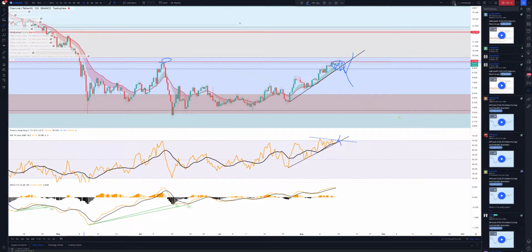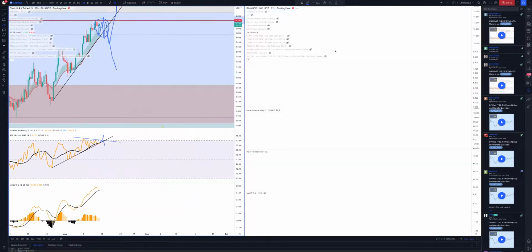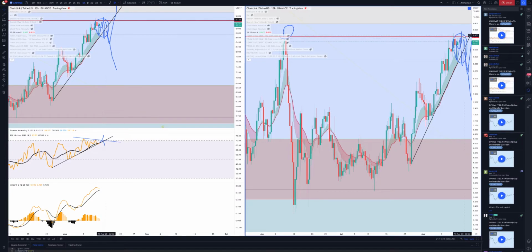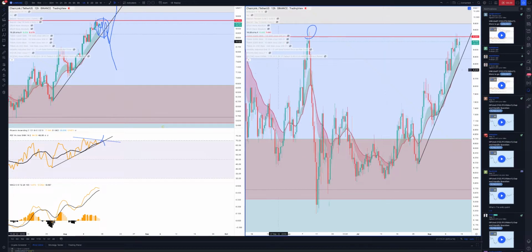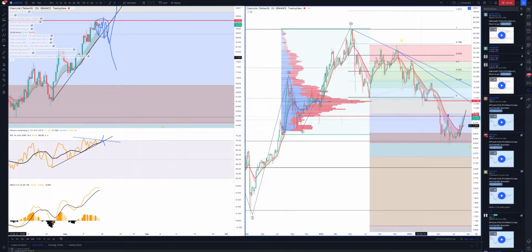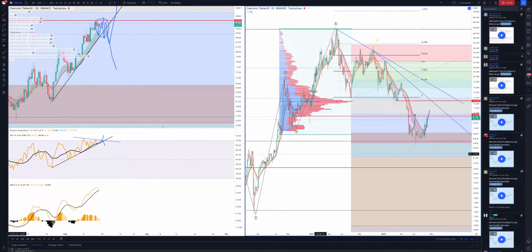So let's split this in half. And bit of consolidation here, and I think it'll break through. What I want to do is put it to the 3-day. All right, there we go.